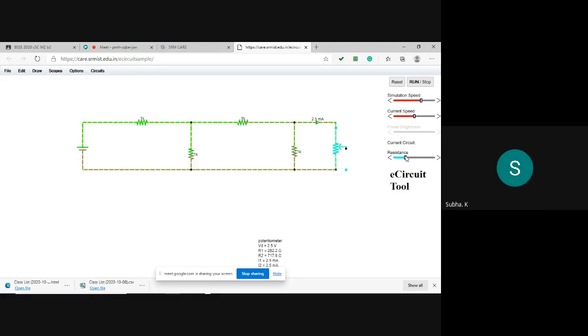The voltage across it, you have to write down in the tabular column. When R1 is equal to the minimum value 273, the maximum value R2, VD is 2.5 and the current is 2.5 milliampere. Then still if I am varying, I can get variable values, but always the voltage is 2.5 only, it's showing.